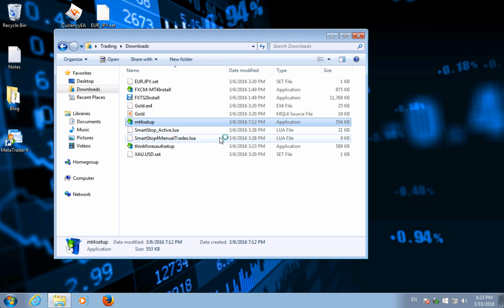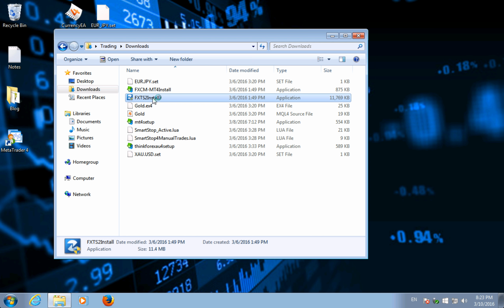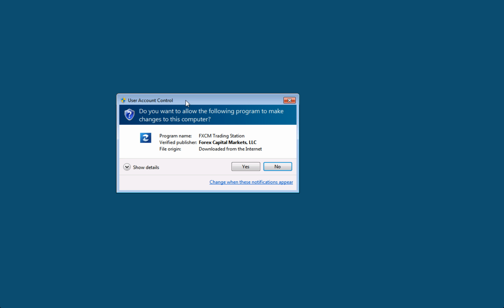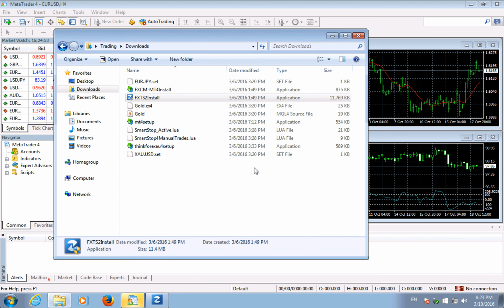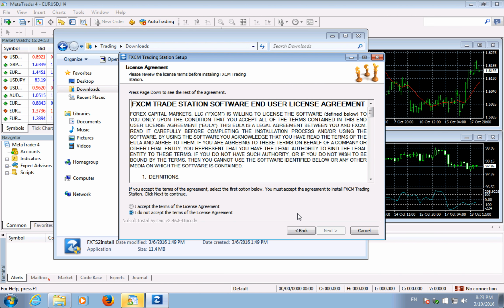We also will install this application, TradeStation, as soon as MetaTrader finishes. Okay, so we're going to go ahead and install this one as well, because we'll need it to run the expert advisors, and I will tell you about those in a second. So let's install